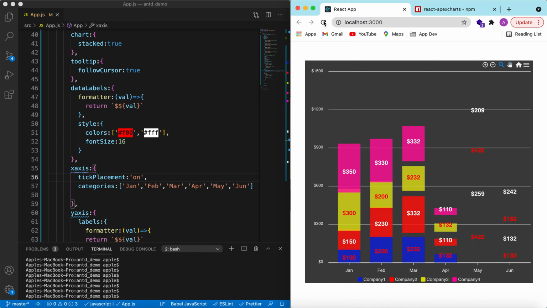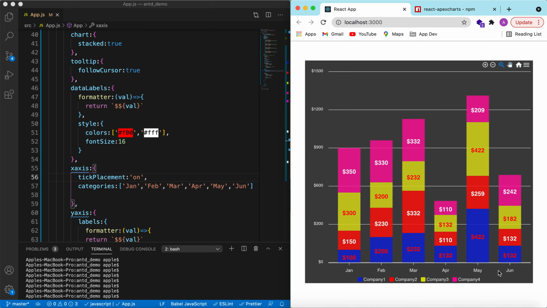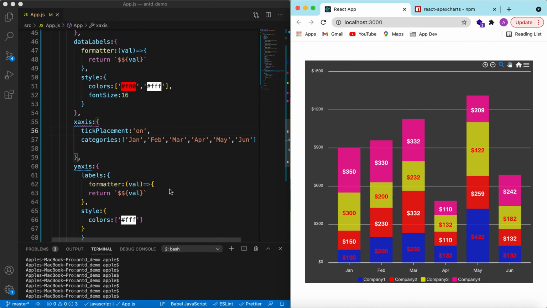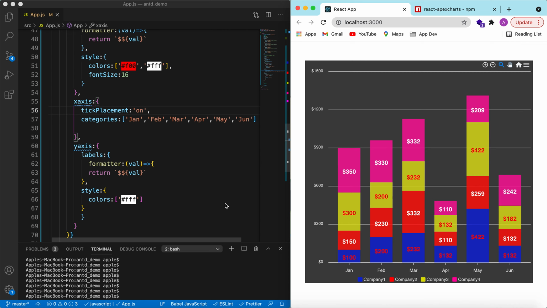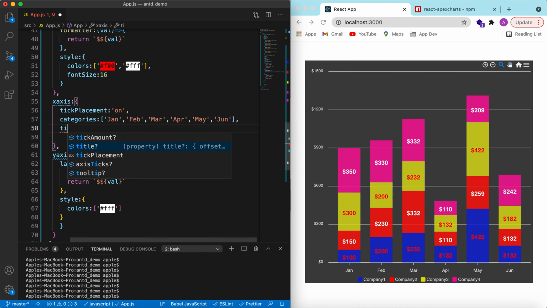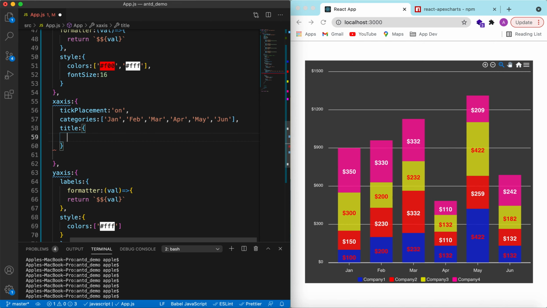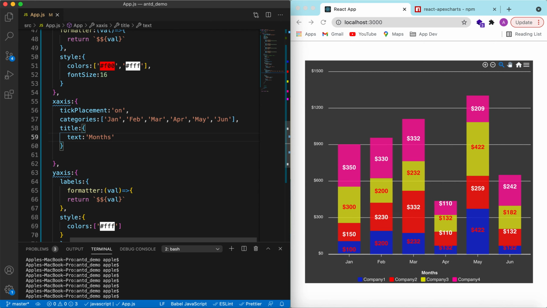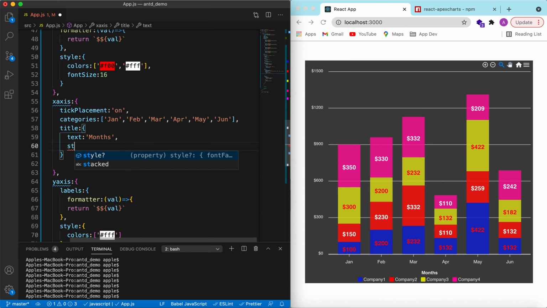Save it. Here you go, right? And also we can say the labels on the x-axis and y-axis, what these are. So on the x-axis the labels are months, so actually the title on the axis is month, right? Here you go, and we can even style it,